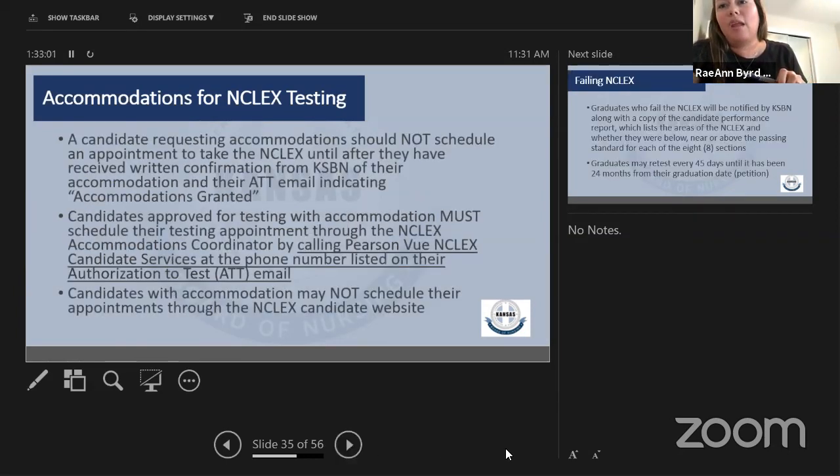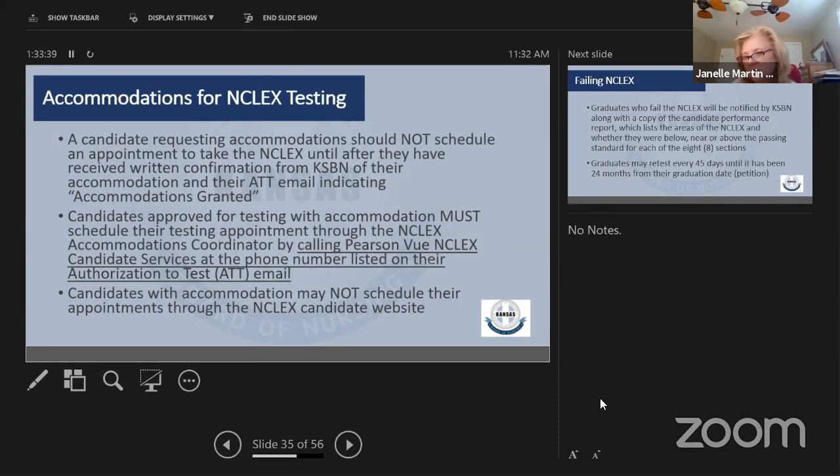Right. And just, from my side, a reminder, the question that seems to come up a lot, that I get every once in a while from a student, is that our website tells them what they have to have in documentation. And the fact is that's what's required. We cannot change that. That's the requirement that comes from above us. So if they can't meet the documentation that's there, then they're not going to be able to get the accommodation. That process has to be followed. They have to have that documentation in place before they can get that authorization.